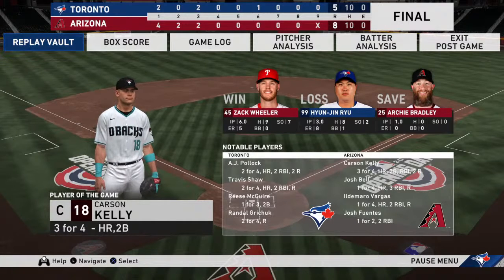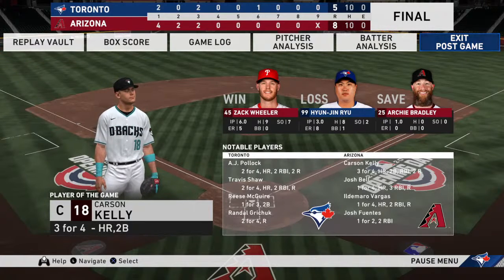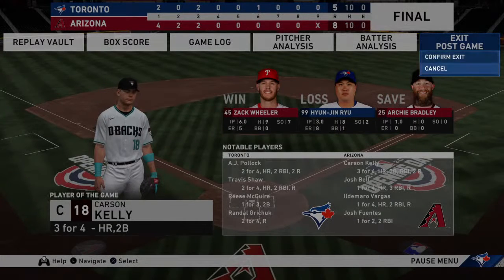First for the victorious Diamondbacks, 8 runs, 10 hits, no errors. They left 3 men on base. For the Blue Jays,